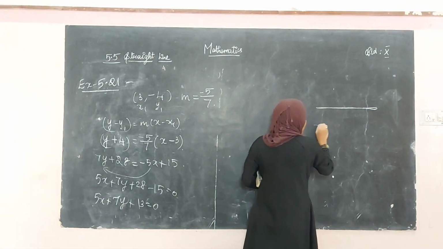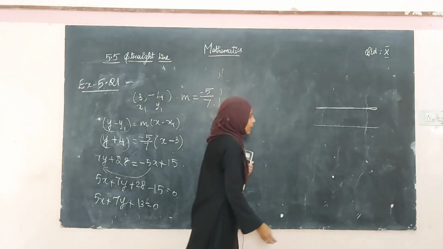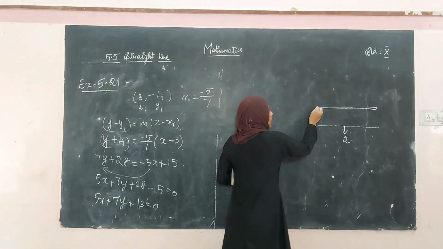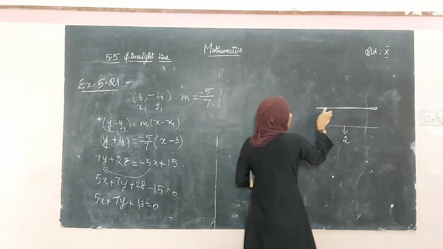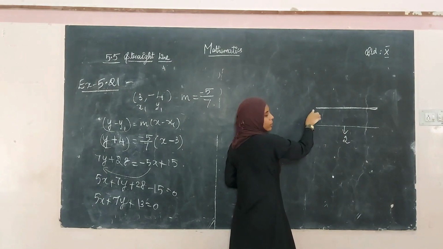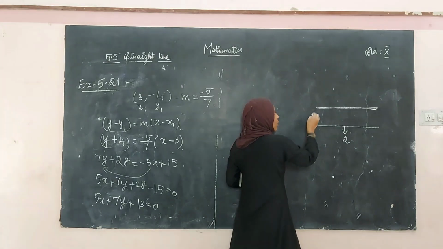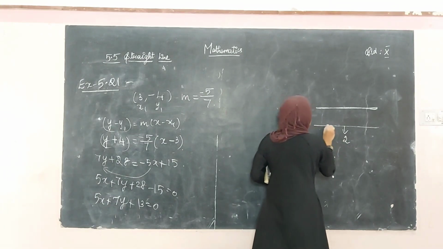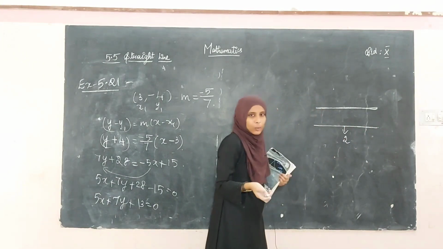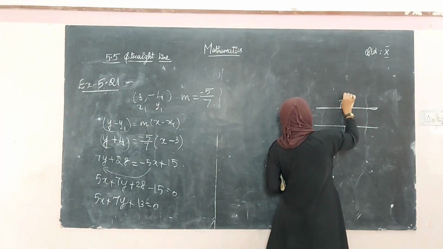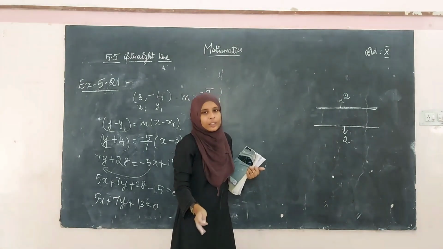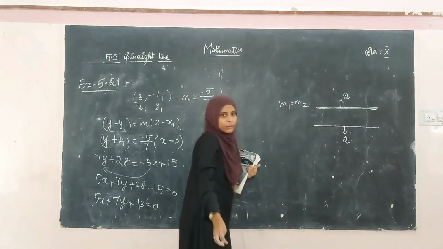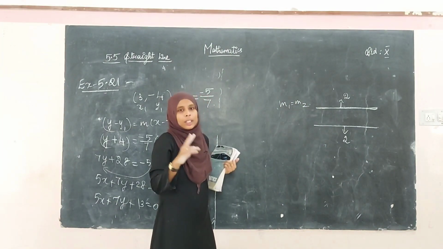Okay, there is another straight line parallel to this. Okay, if the slope of this is 2, suppose we want to find the equation of this line, or the slope or anything. Suppose if you want to find the slope of this line, there is another line parallel to this line. If we know the slope of this line, then the slope of this line is also 2. That is, if two lines are parallel, their slopes will be equal. m1 will be equal to m2. If any two lines are parallel, their slopes will be equal.